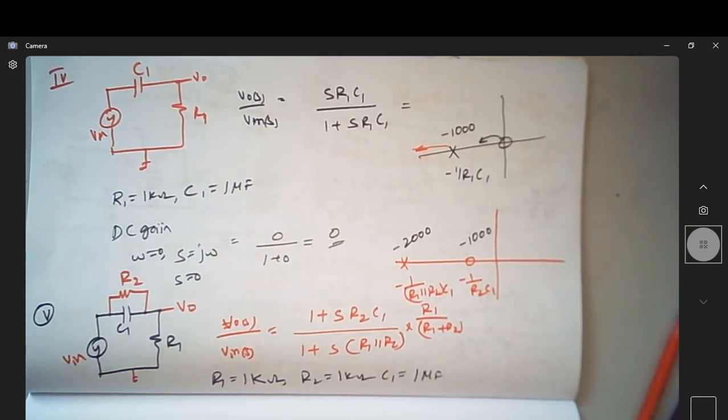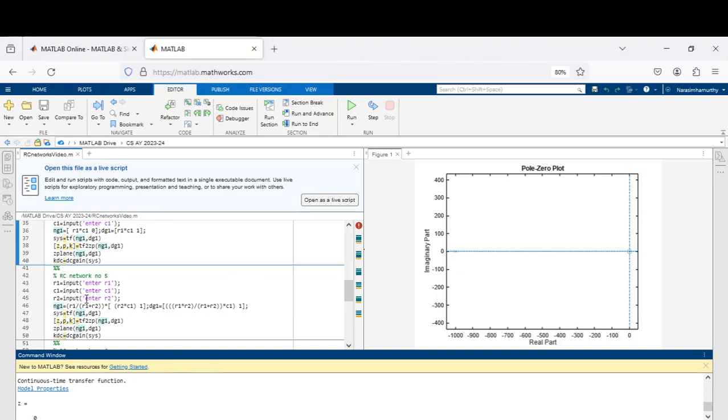You can check that. This is my fifth circuit. You can see I have the same R1 divided by R1 plus R2. This is the constant parameter. Can you see this is my R2, C1 and 1 as the coefficients of the numerator? Can you see the denominator coefficient, which is R1 parallel R2 and C1, and the other coefficient, the S to the power 0 coefficient, is 1. If I now substitute the values of,